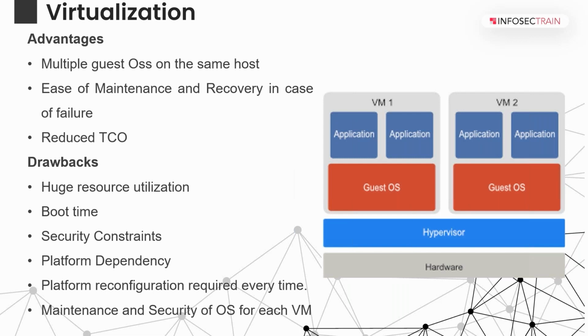We have something called platform dependency. So what is platform dependency, team? That's a very important point. When you say platform dependency, it means that you are hosting an application on this VM. Let's say this application is hosted on Linux. Team, is it easy for you to move this application to Windows? Let's say this is Linux, this is Windows. Is it possible to move this application from Linux to Windows easily?